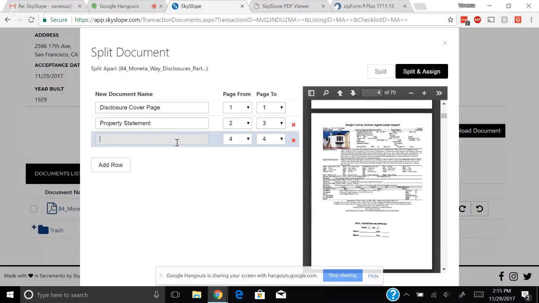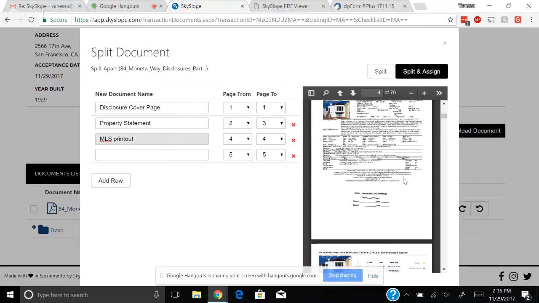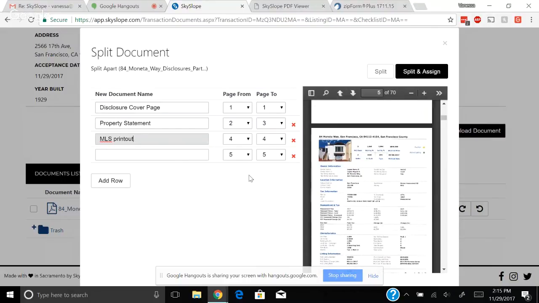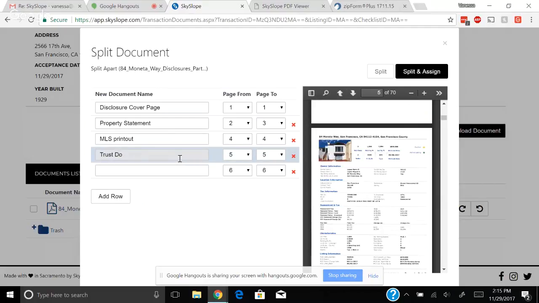You just continue on through your disclosure package for everything divided up. So MLS, print out. Here we go. If you had something in the disclosure package that's normally not a disclosure, you can still add it in as well. So if for some reason, say this was like a trust document of some sort,